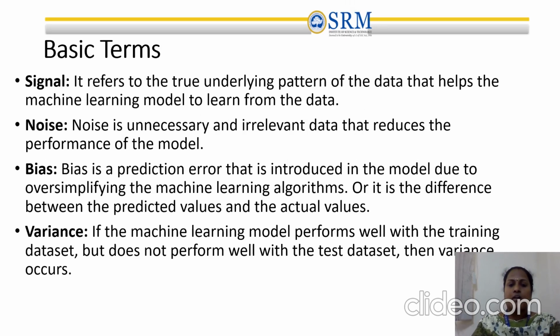Some of the terms we should be familiar with in order to understand the ML model's working principles clearly: signal, which is the original data, the underlying pattern of the data that helps the machine learning model learn knowledge from the data. Next, noise, which is unnecessary or irrelevant data that reduces the performance of the model. Bias is the prediction error which is introduced in the model due to oversimplification of the